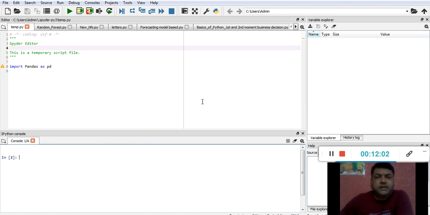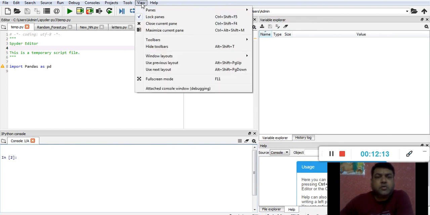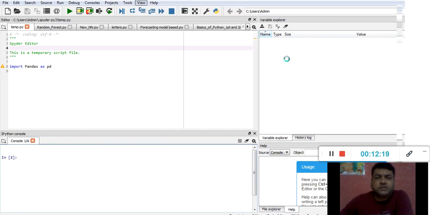But definitely this look will not be divided into 4 different sections or 4 different panes. These are called panes. So the default layout for Spyder will be something like this.